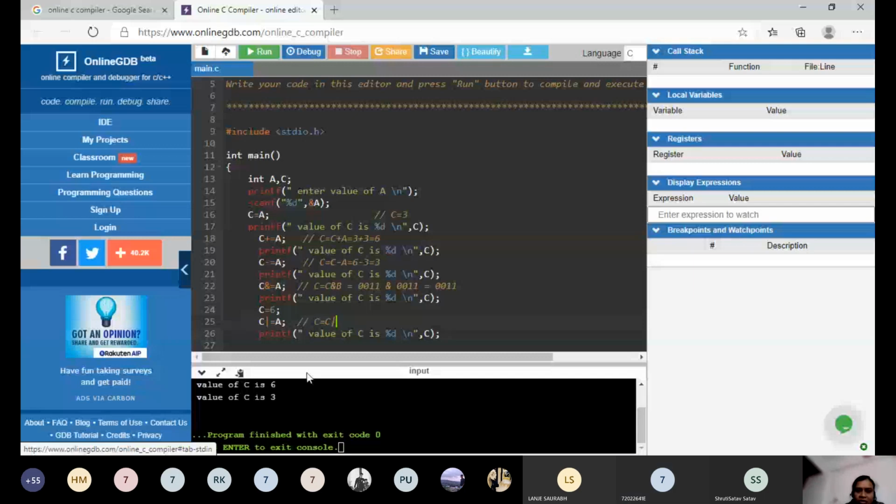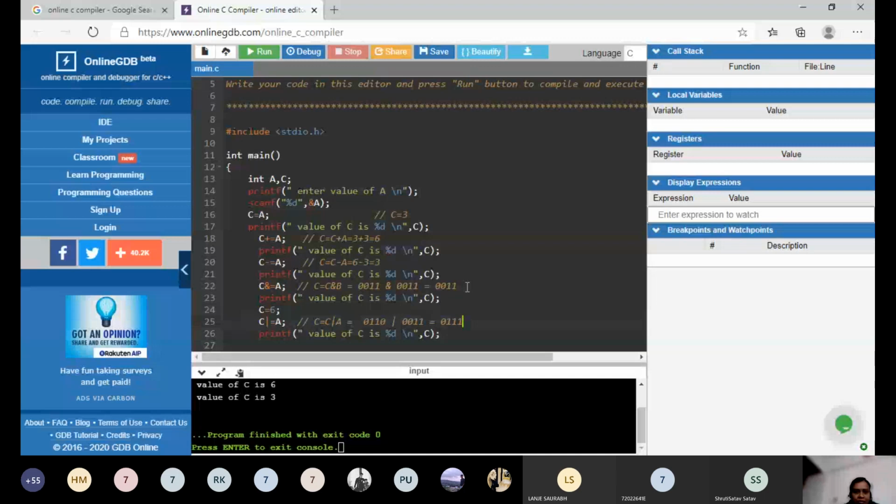0 1 1 0, that is AND with 0 0 1 1. This is the AND operation, AND of 6 and 3. 3 will come. 7, ma'am. 7. Yes. First 0 0 0. Next 0 with 1 is 1. Next 1 with 1 is 1, and the last 1 with 1 is 1. So here I should get the value 7. Okay, so here we'll get a value.